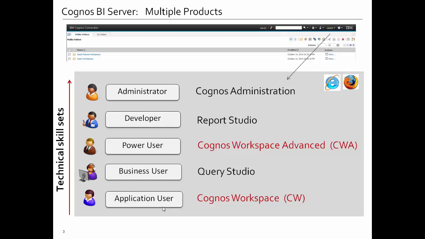This person wants to really view report content. He's not going to actually develop it. So he's going to utilize Cognos Workspaces in many ways, but there's also other tools to view content in Cognos. So let's drill down and look specifically at these 4 tools: Report Studio, Workspace Advanced, Query Studio, and Workspace,